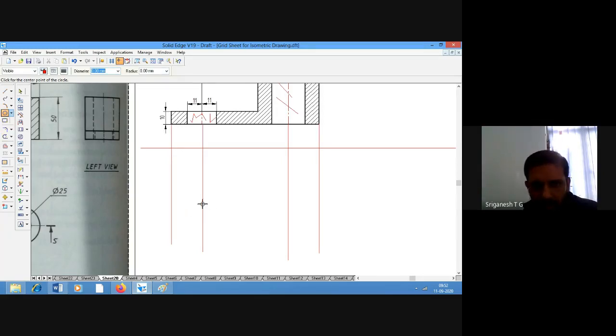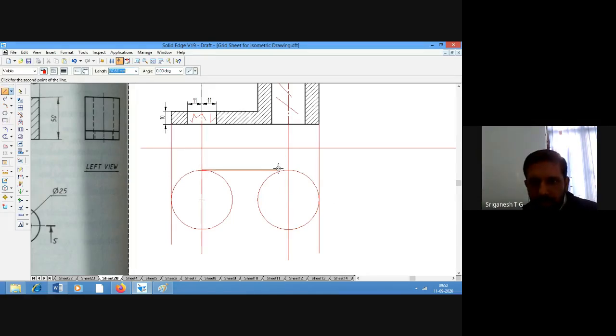Sorry, I have not drawn this projection line correctly. From the same straight line, you can draw two circles, and then draw tangent lines, and trim this particular portion.